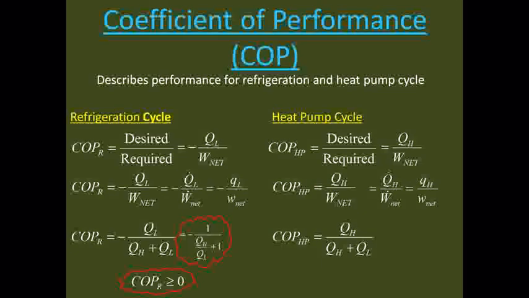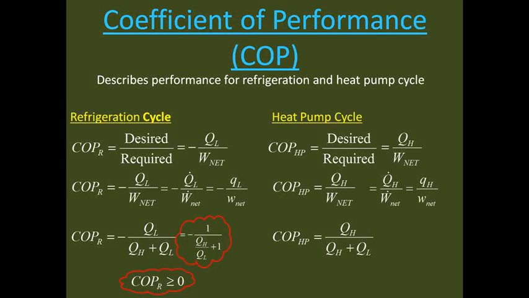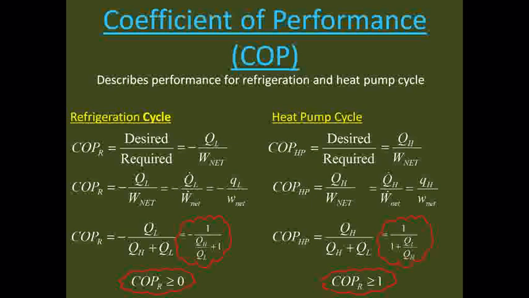If we divide everything by the heat transfer rate associated with the high, the hot thermal reservoir, what you get is 1 divided by 1 plus the heat transfer rate from the low reservoir divided by the heat transfer rate from the high reservoir. The limitation for a heat pump is that it must be greater than or equal to